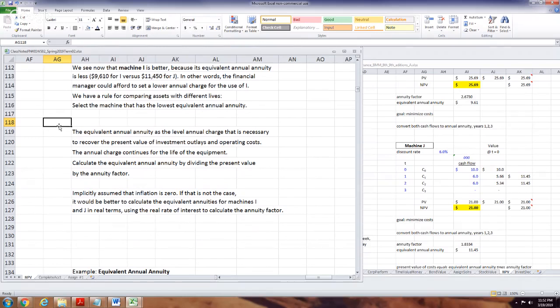So now we're getting to a little bit of a managerial accounting view of things. We implicitly assume that inflation is 0. It would be better to calculate it. Sure. And again, in the time value of money, which I'm going to use that chapter again in the fall, if you want to do inflation, you've got to take inflation into account. And again, if we were in class, I'd say, hey, what do you think inflation is? But for most of your lifetimes, it's been about 2%.